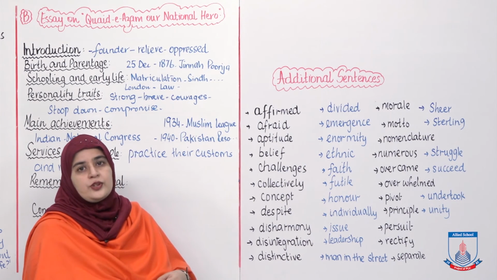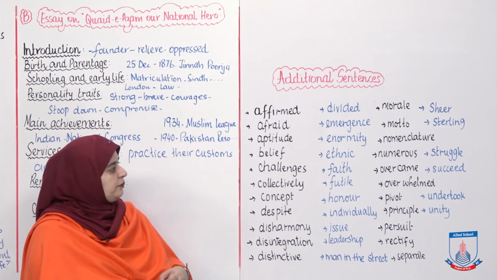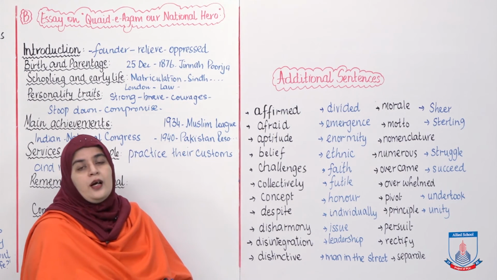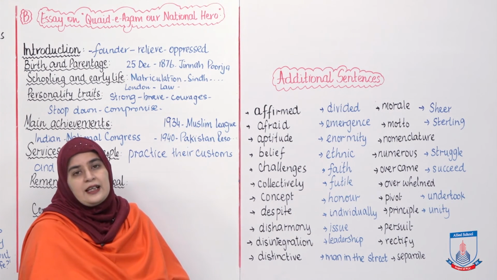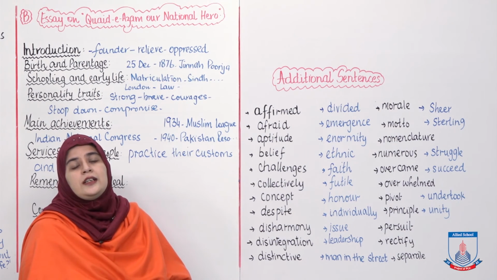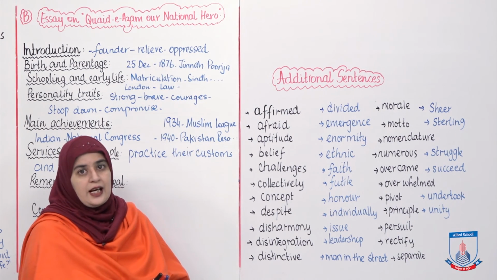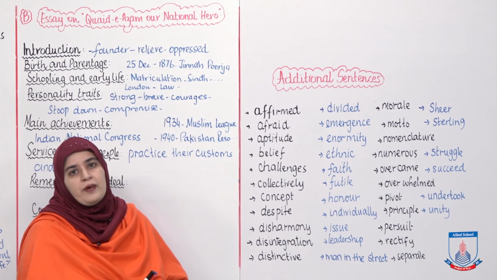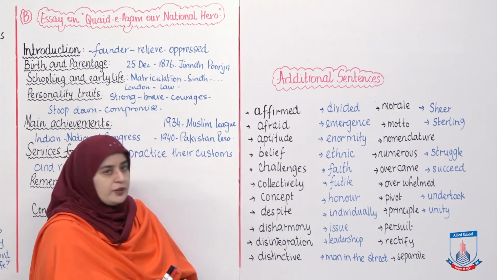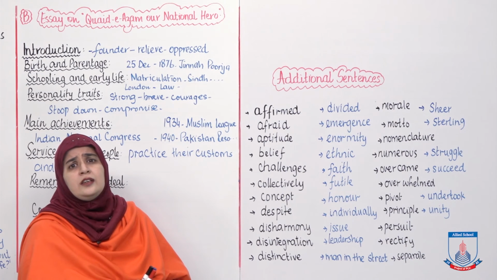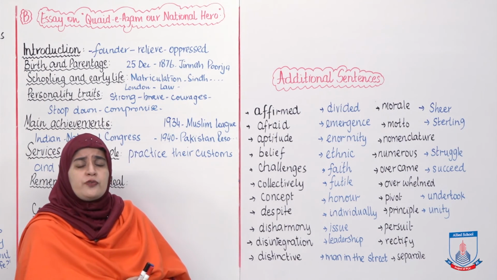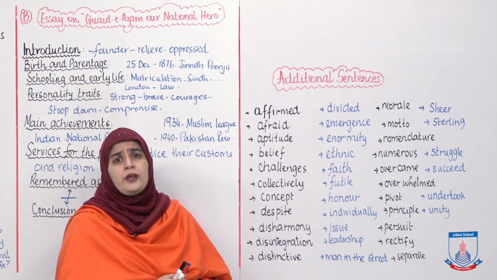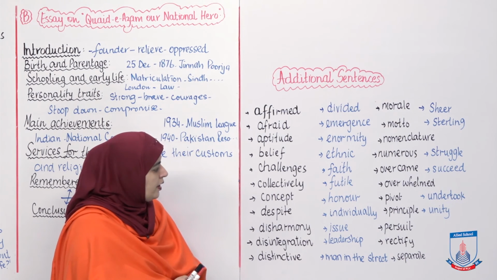Numerous: there were numerous options for me to decide and to wear on the party. Overcame: we must overcome our ethnic and provincial discrimination in order to become united as one nation. Overwhelmed: I was overwhelmed when I saw my uncle after 2 years. Pivot: blade is the pivot of the shaver. Principle: we must follow the principles of Pakistan, the principles of Quaid Azam Muhammad Ali Jinnah, in order to make Pakistan a successful country.